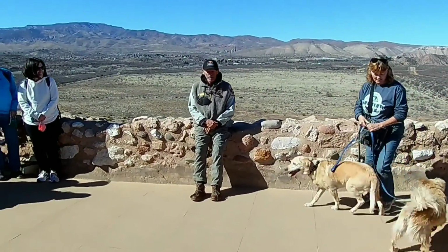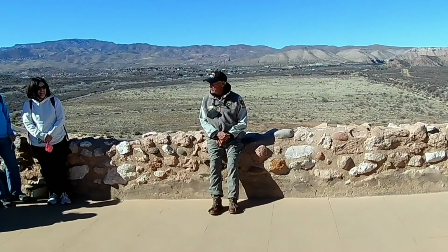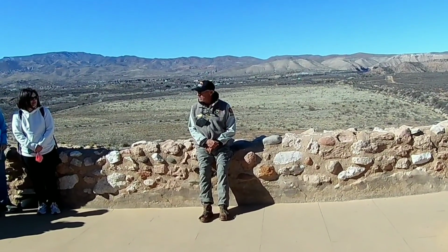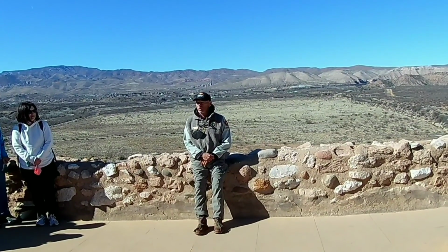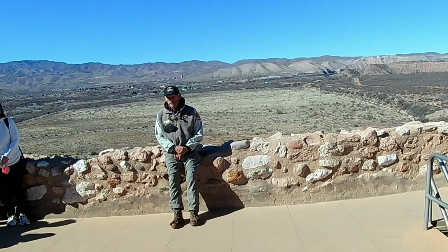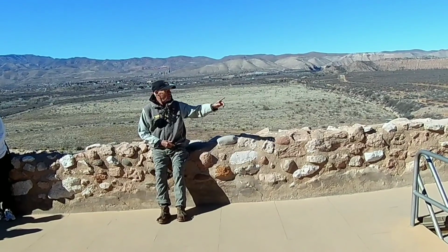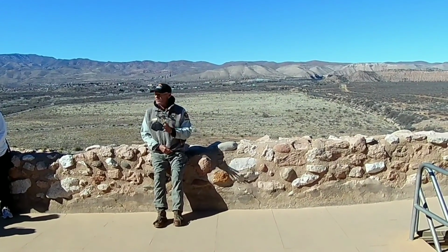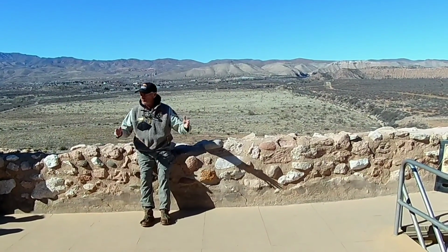Awesome. We are standing on top of the Citadel, which is the highest point of this Pueblo site. You are going to be walking around a historic trail. This is a 25% rebuild, and that's what you're looking at. When they excavated this site from a pile of rocks, they found the footprint of each room,